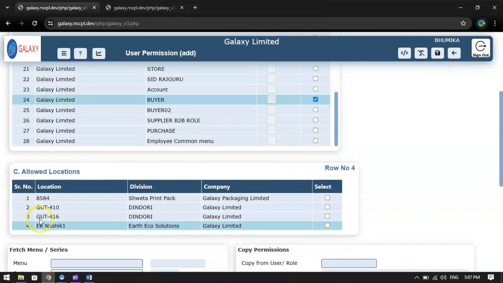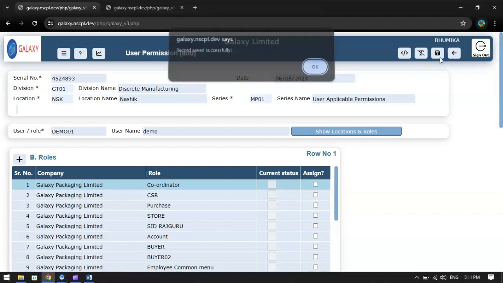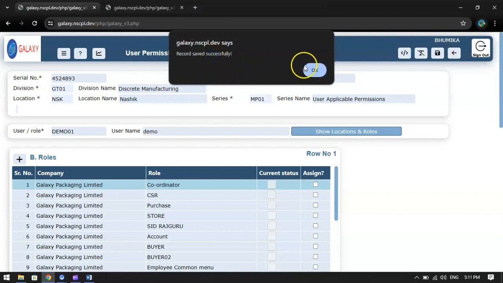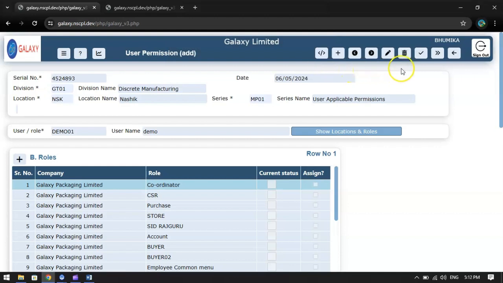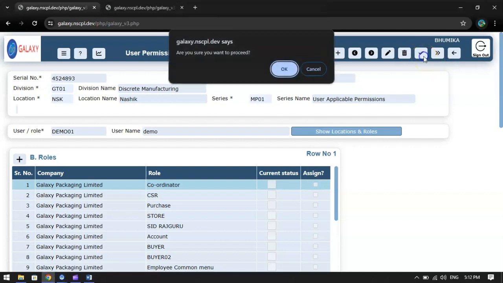Then add the location allowed to the user and role. Now click on the Save button for the transaction, and the message Record saved successfully is visible. Click on the Approve button to approve the transaction to finally post it.